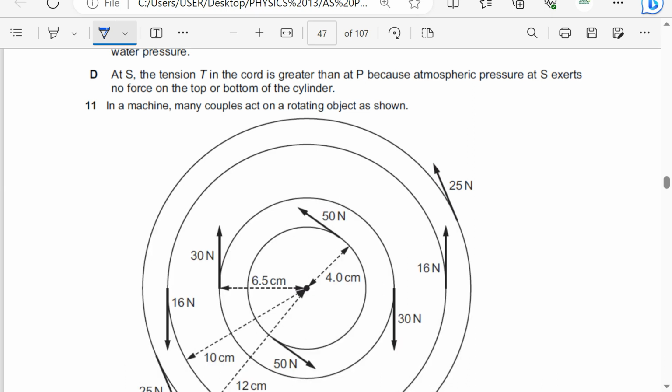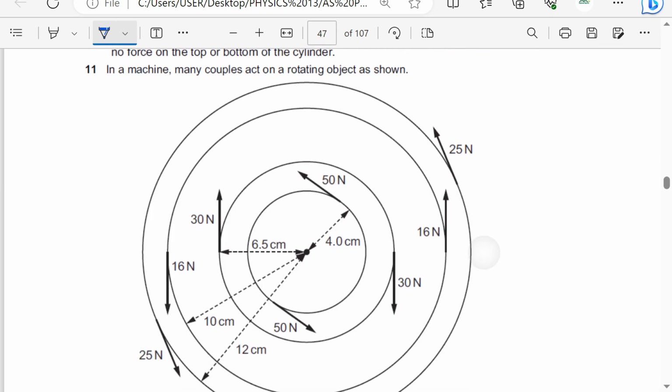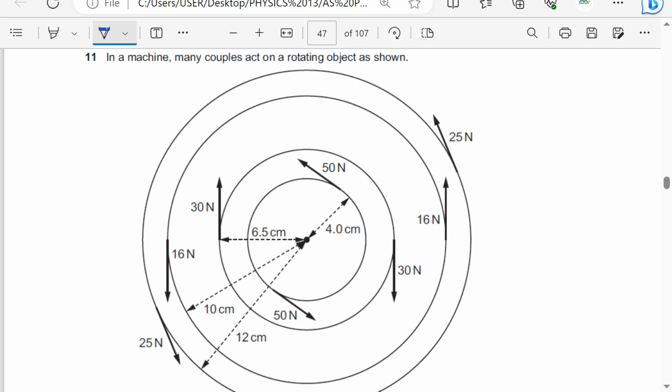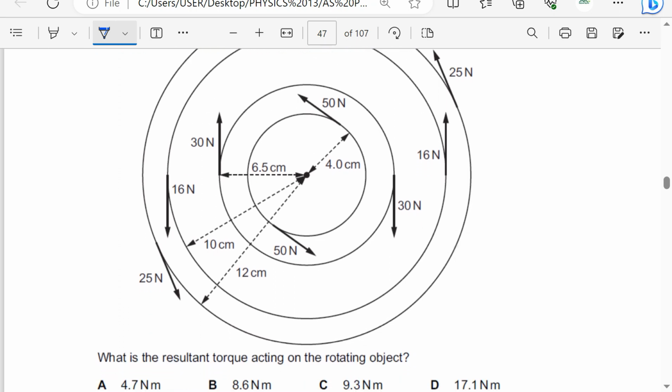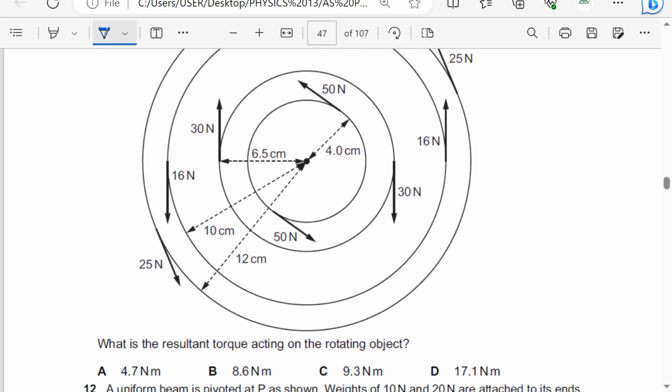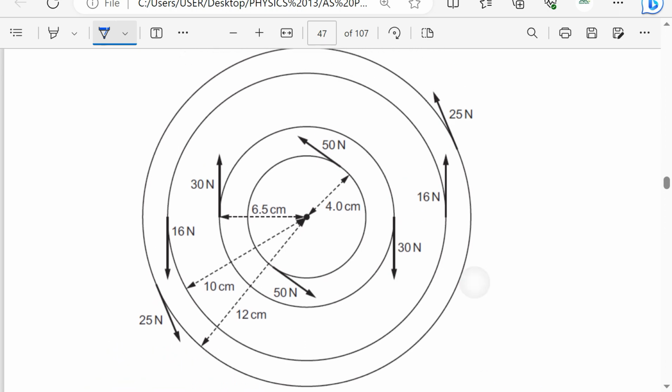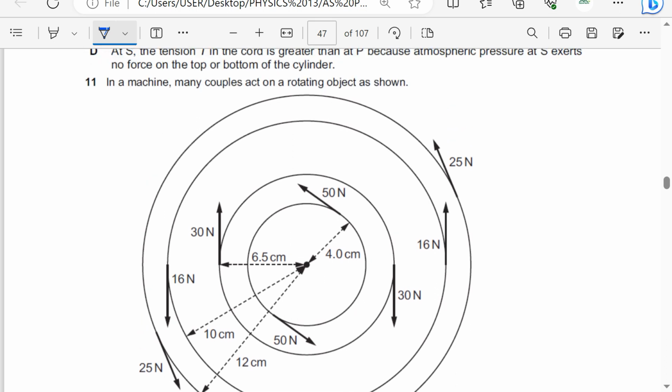In a machine, many couples act on a rotating object as shown. What is the resultant torque acting on the rotating object? Okay, let's check. I'm going to assign clockwise moments positive and anti-clockwise moments negative. If the resultant is positive, I just need the magnitude anyway, so there's no problem with that. So the torque here for the resultant moment is going to be,